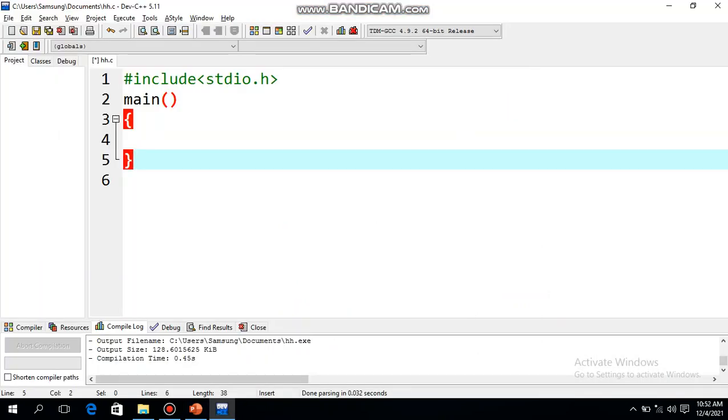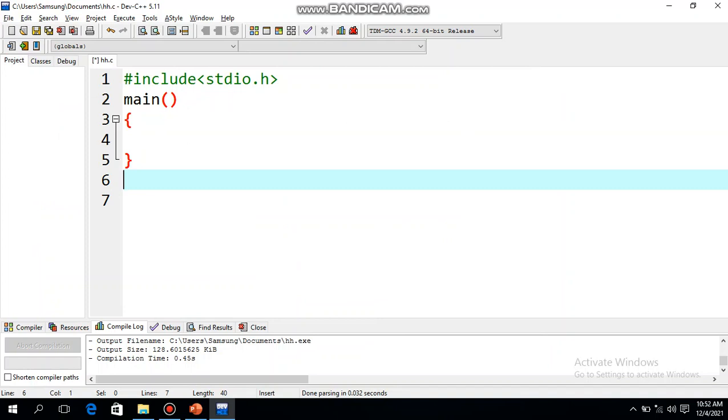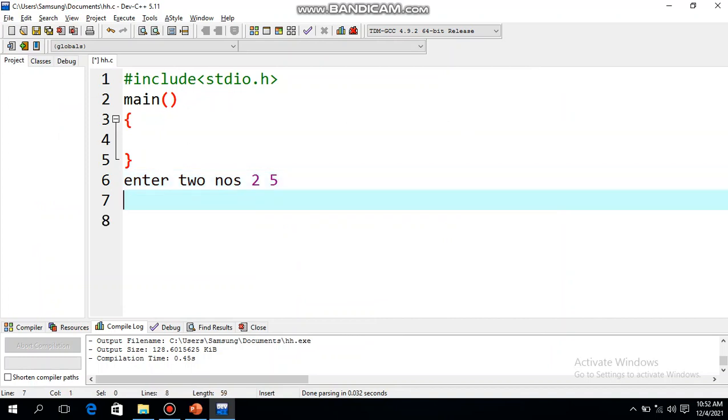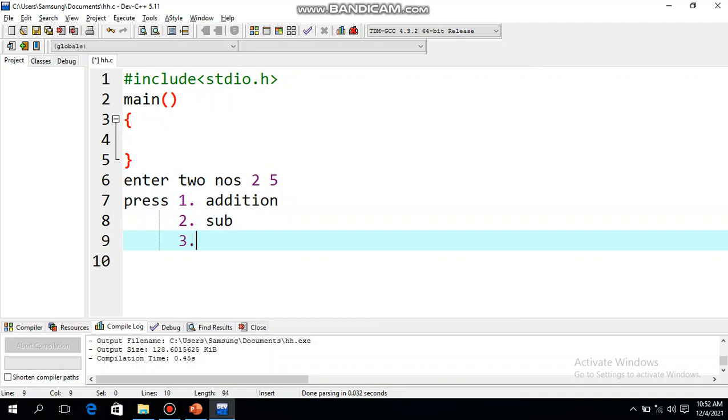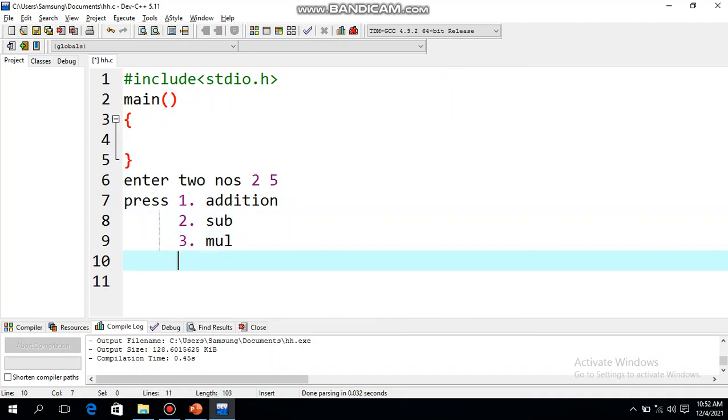Okay, so what will be the output of this program? It will be like this. Suppose it says enter two numbers, and I am entering 2 and 5. Then it will show: press 1 for addition, 2 for subtraction, 3 for multiplication and 4 for division.